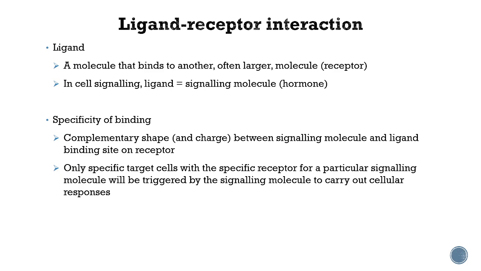Because on the receptor, there will be a part of the receptor known as the ligand binding site that has a specific shape and sometimes specific charge as well, to the ligand, to the signaling molecule. But at least complementary shape, if not charge as well. Okay? Before I move on, ligand binding site is a term, because from experience, most students call